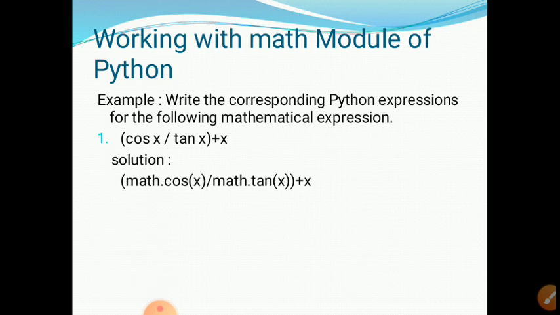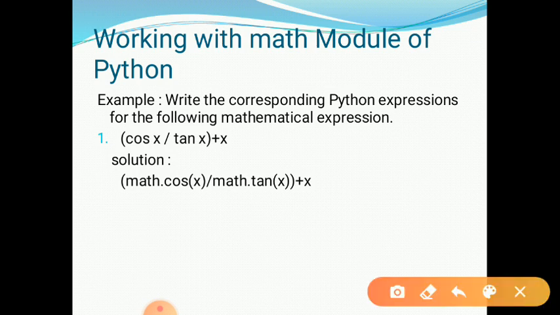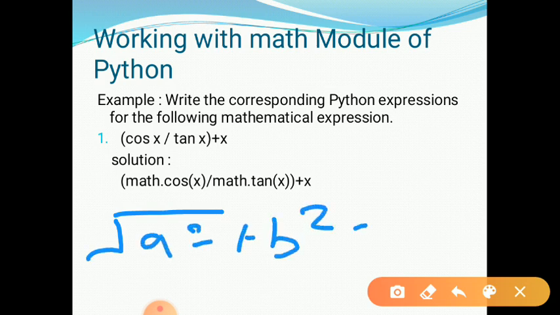Okay, and here I explain some valid mathematical expressions. Suppose I want to evaluate the square root of a square plus b square plus c square. So in Python how will we write this expression?